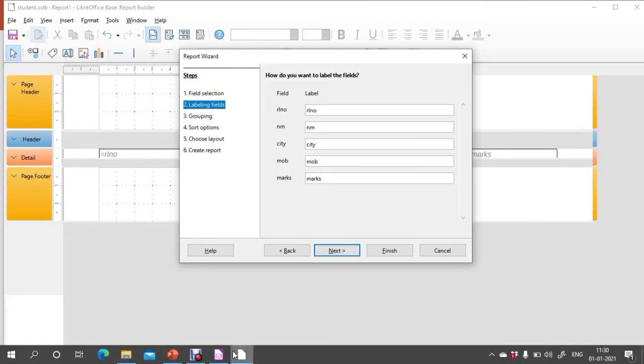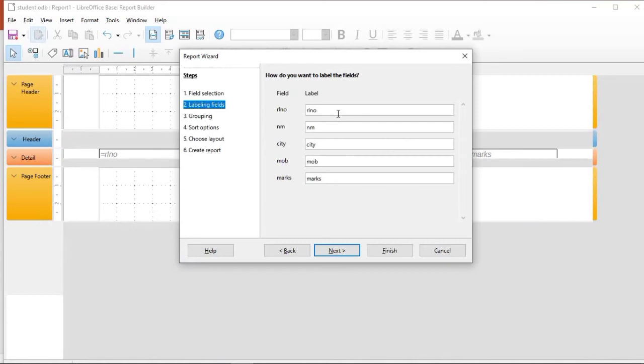If you want a different label for these particular fields, you can specify it here. For example, roll number, name, city, mobile number, marks.